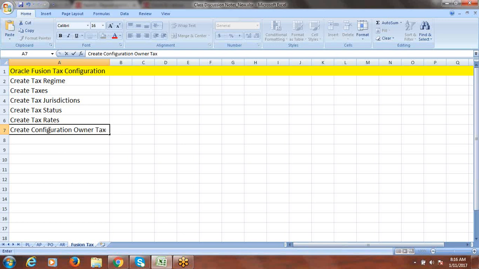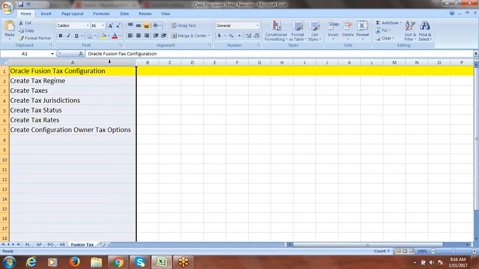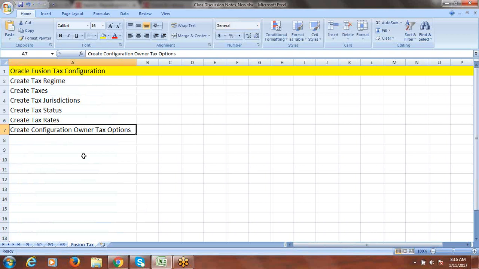Owner tax options. So we have to go and create a configuration owner tax options. This is what we will complete. After completing this, there are a few more points which you have to understand, before going and verifying in the tax simulator. Before that, we will go and verify the tax